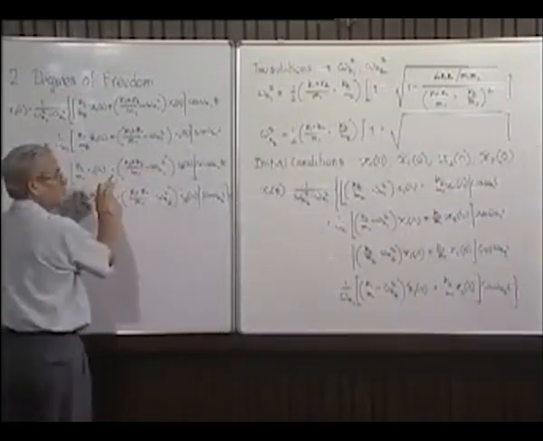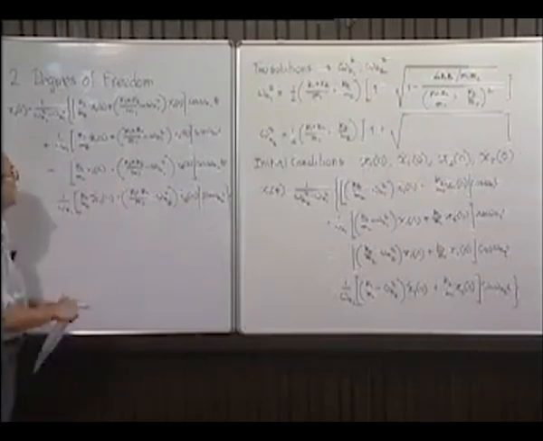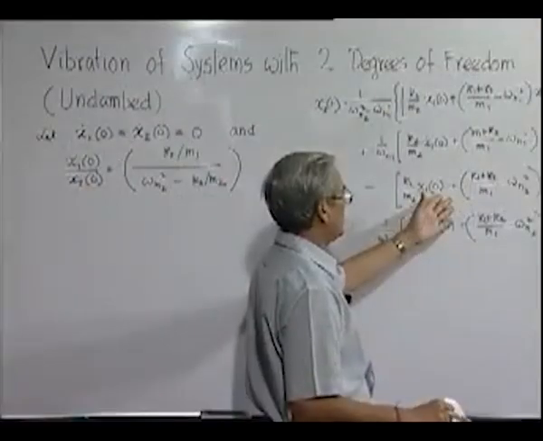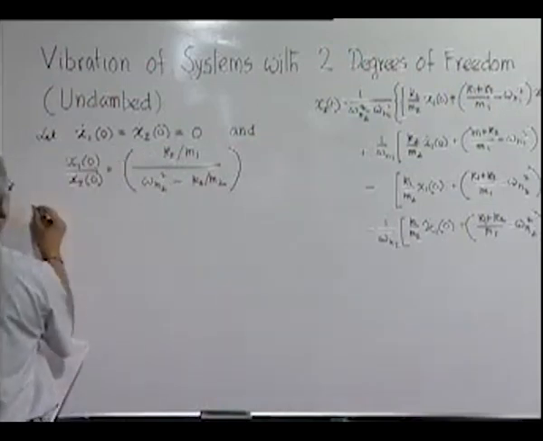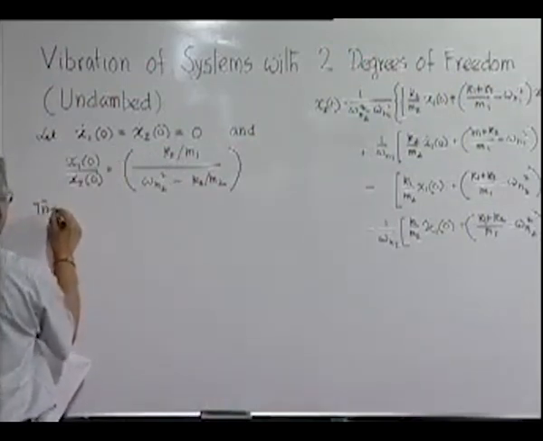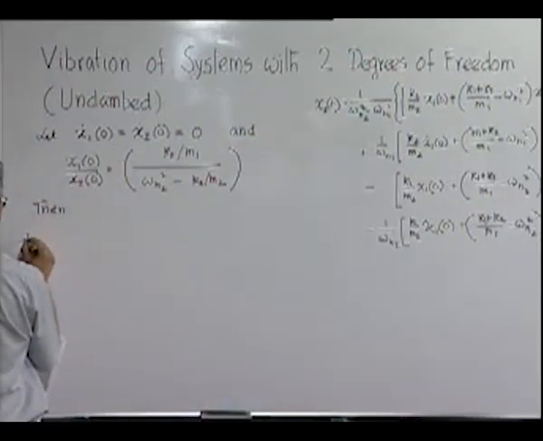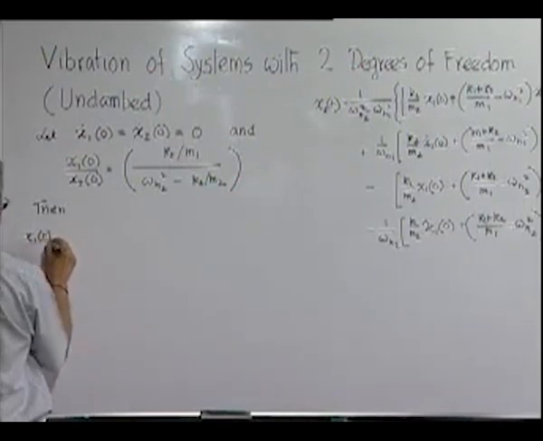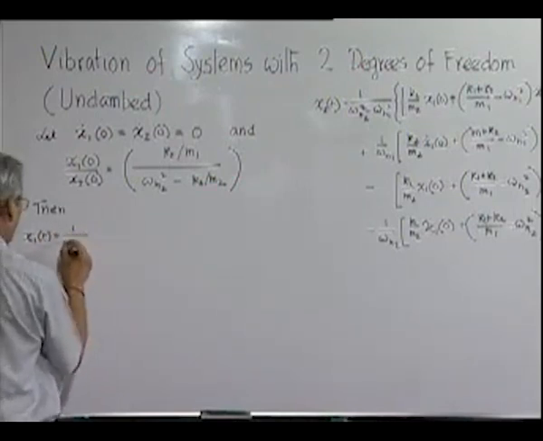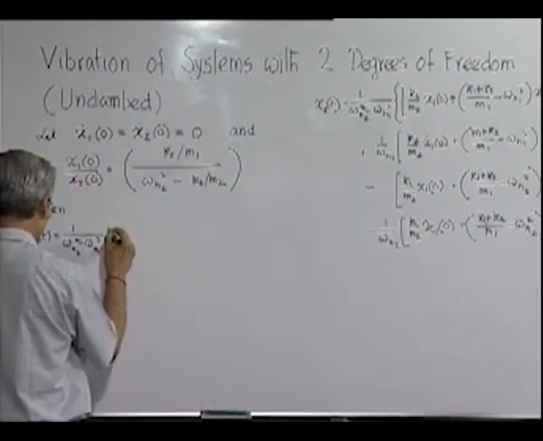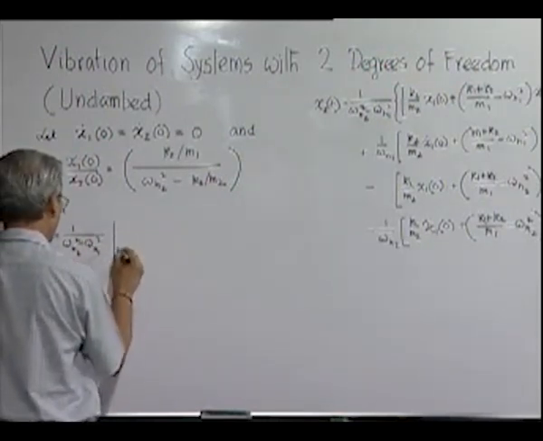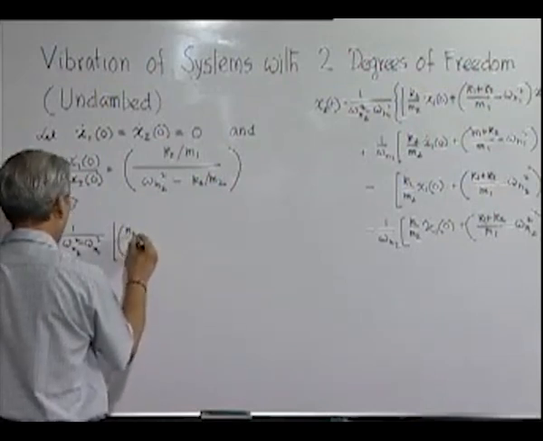You will find that this term x1 by x2, you will find that this term is going to be 0. And similarly, if we substitute this here, we can easily show, I am avoiding the algebra, that this will be also 0. So therefore, the solution will be then